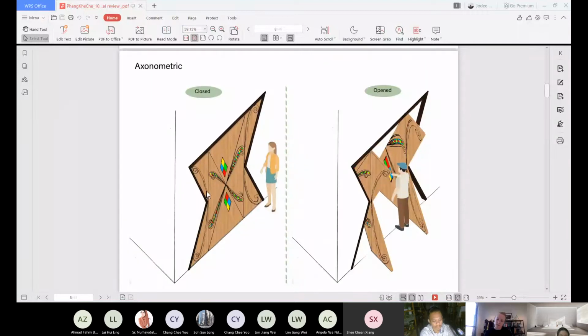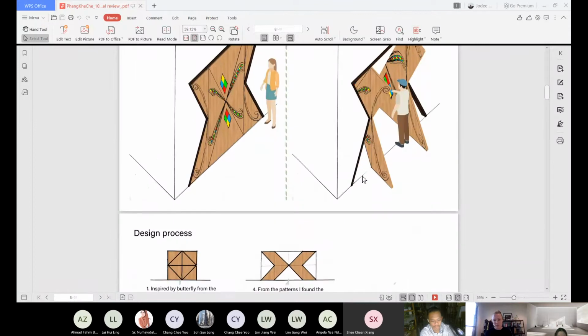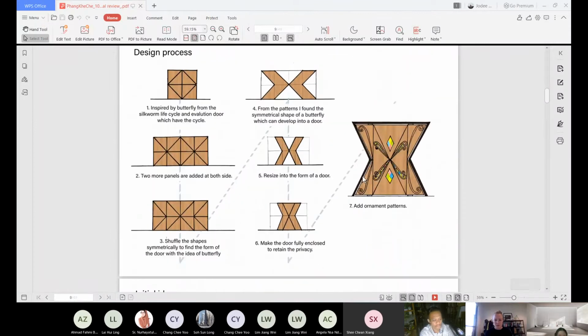This is the axonometric view of my door when it is closed and open. This door is inspired by the butterfly from the silkworm life cycle and the evolution door.